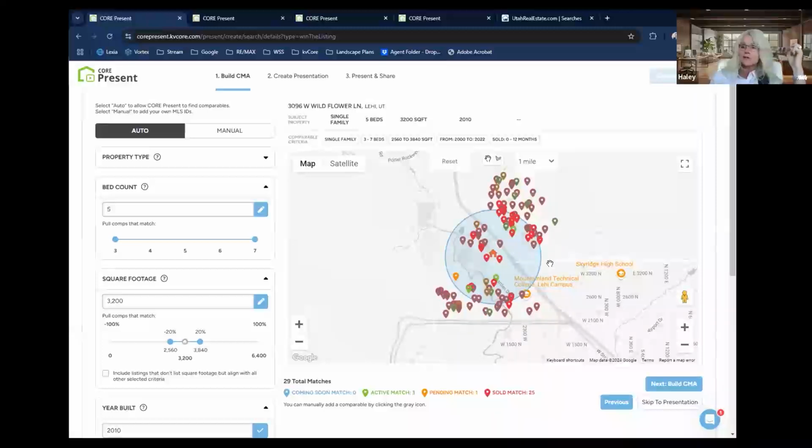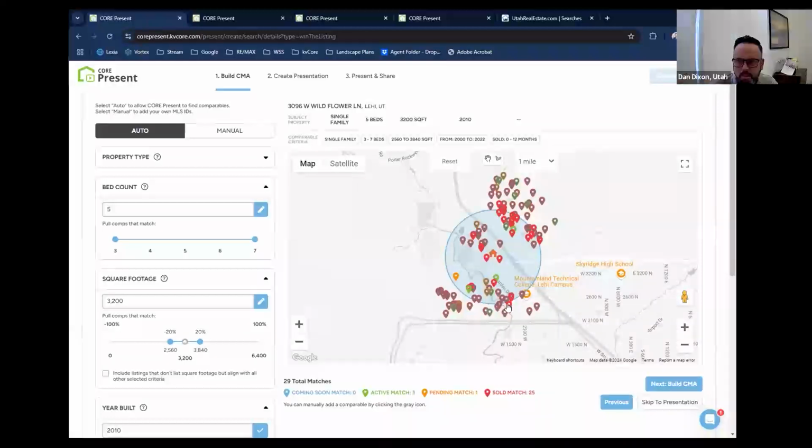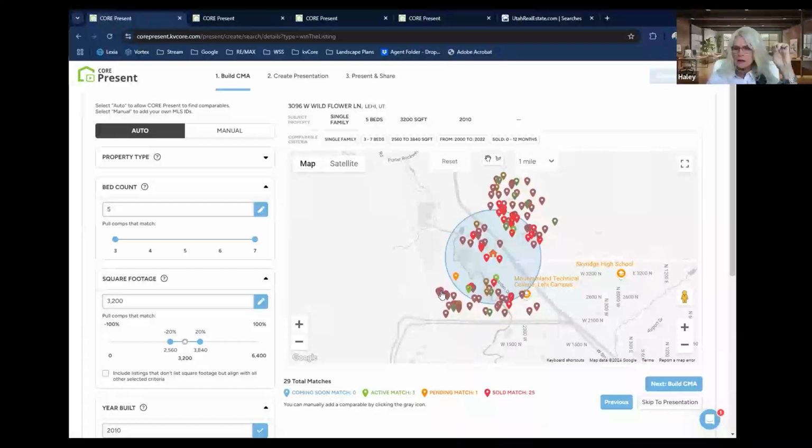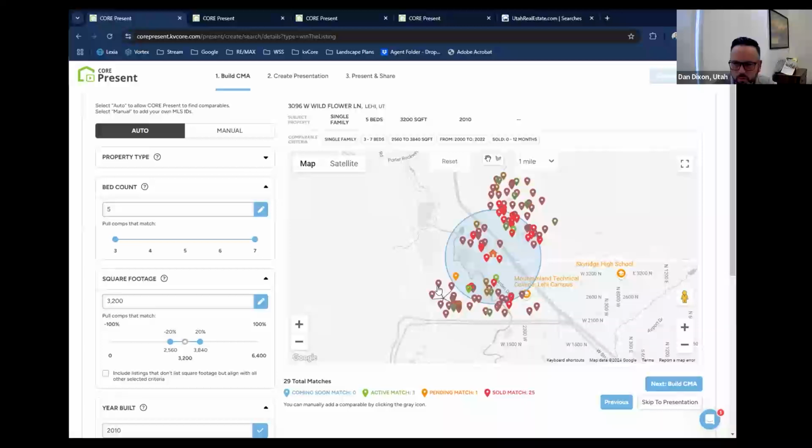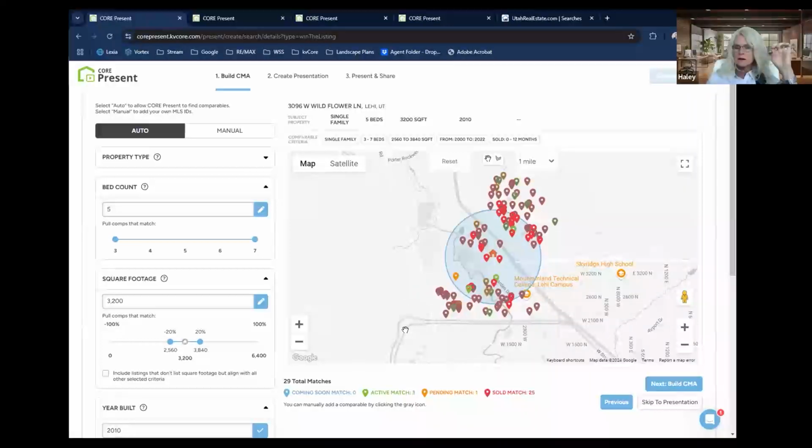Dan, are you just hovering on those little dots or are you clicking on them? Yeah, initially I'm clicking on them, and when they're grouped together like this, it's kind of cool. Watch this; they'll do this little spread out thing, right? And then I can choose which one I want to click on. Does that make sense?